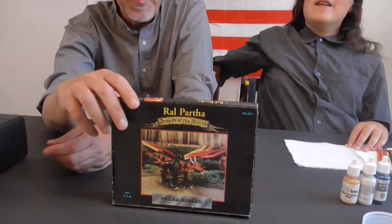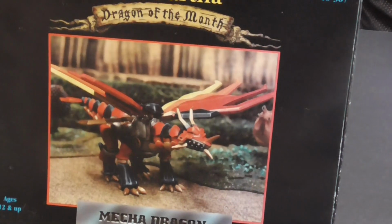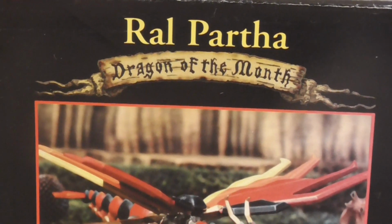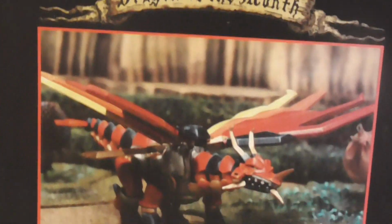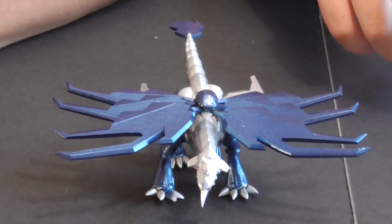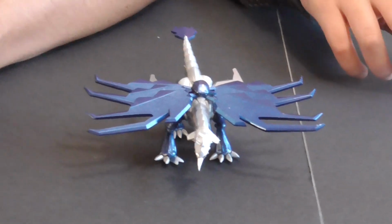Tonight we are painting the Ral Partha Dragon of the Month, the Mecha Dragon. That is correct. We have already assembled it and given it some base coats with spray paint, Krylon I believe,